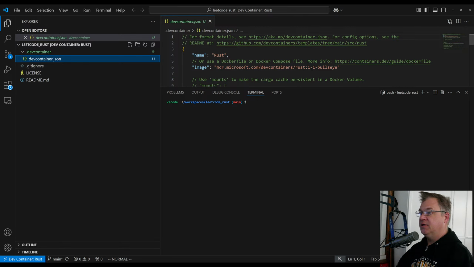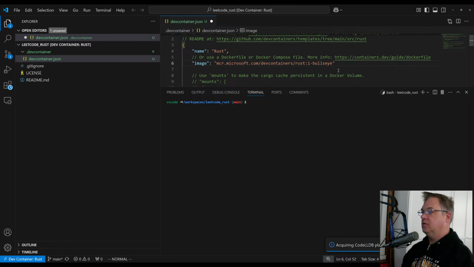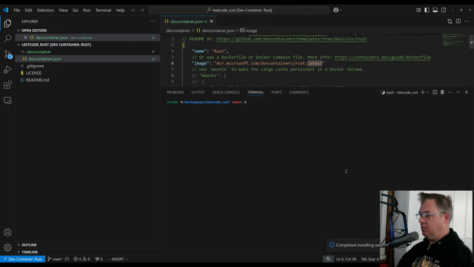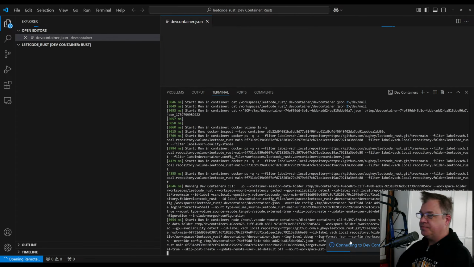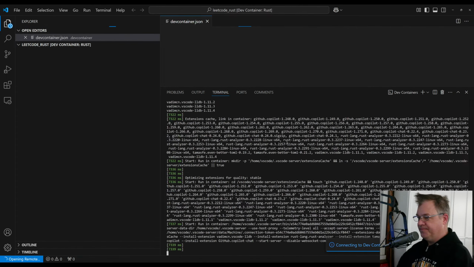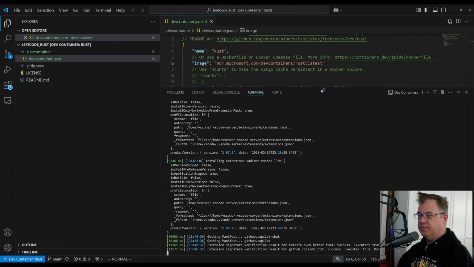Okay, so here's my dev container. I want to change this to use latest. There we go. And we're going to rebuild it. Good to go. It's actually really interesting to watch this pull in the containers.